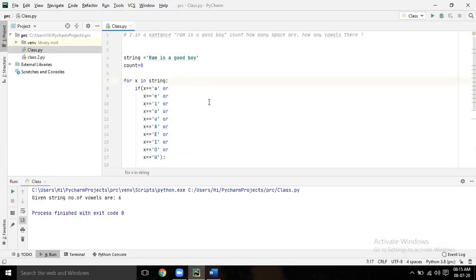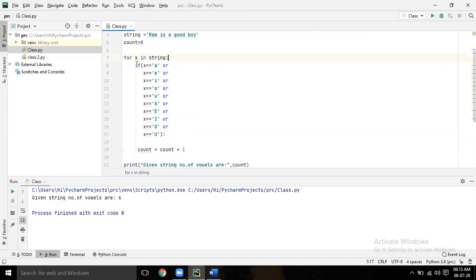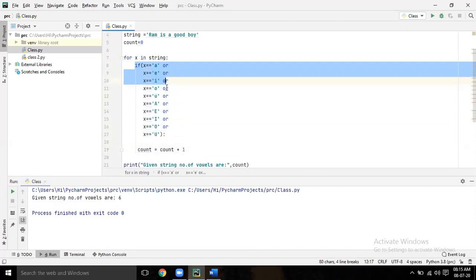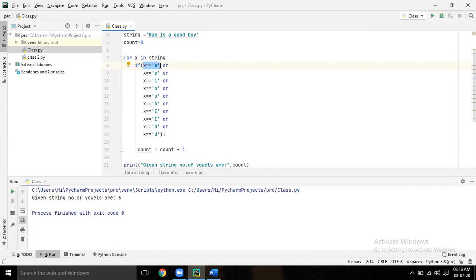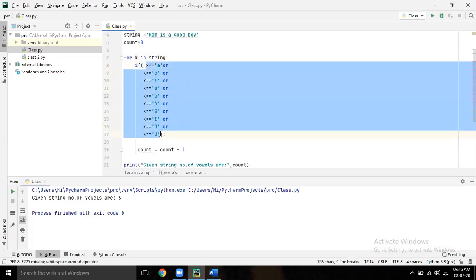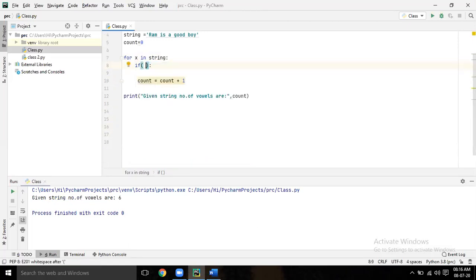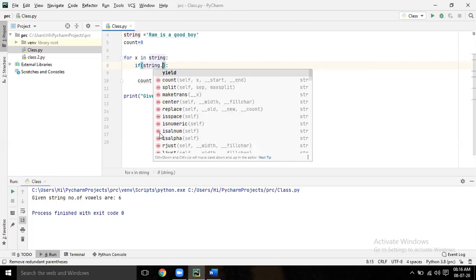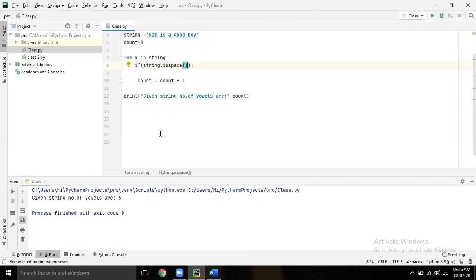Remove everything inside the if condition, within the brackets, everything till the end. Delete. Now write if string dot, each space. Now run it.